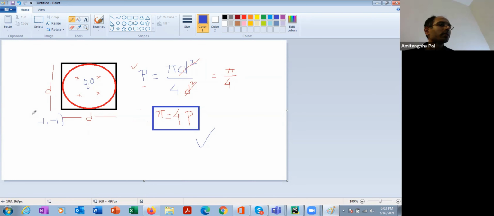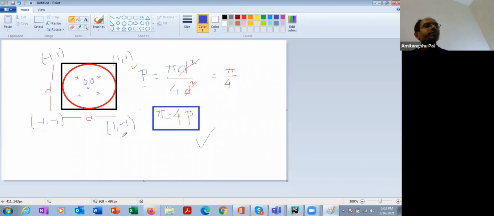This is 0, 0. This is -1, -1. This is +1, -1. This coordinate is +1, +1. And this coordinate is -1, +1.